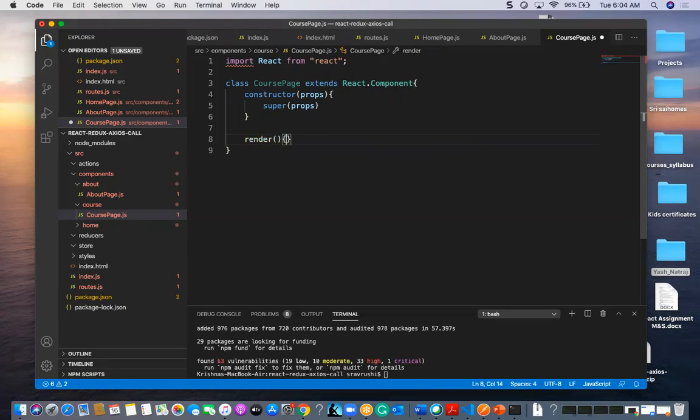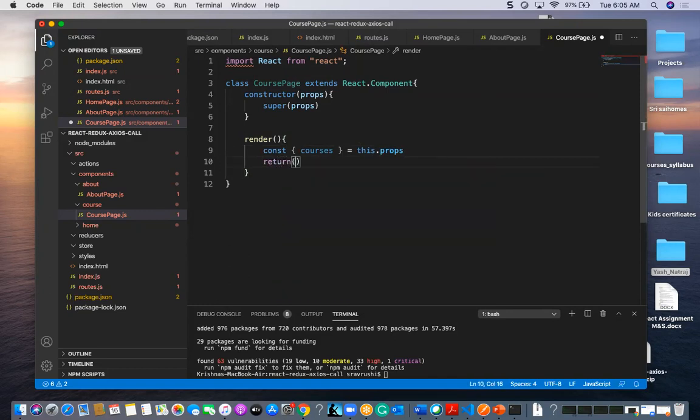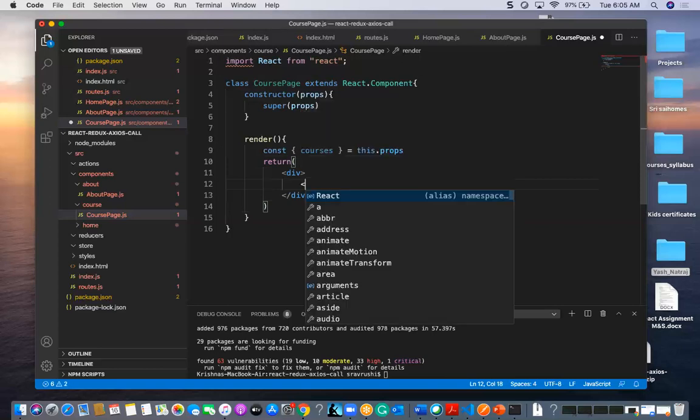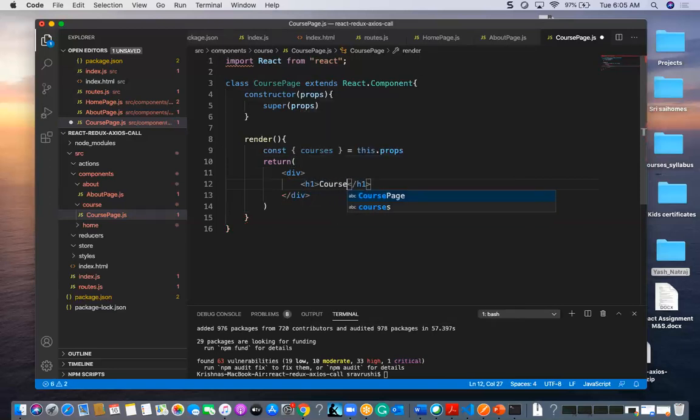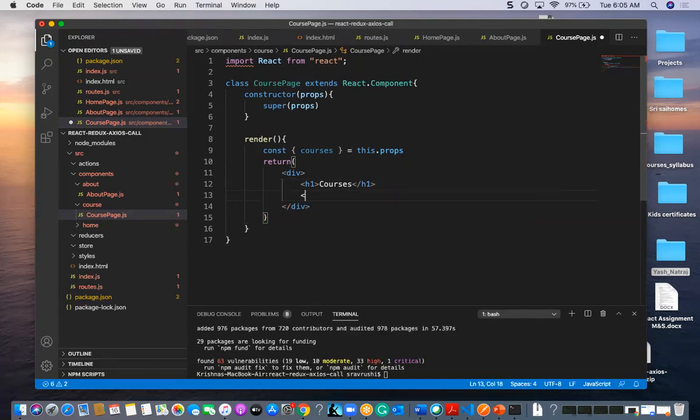I'm going to use here a constant, and whatever properties I am getting, I am going to destructure this one, props, and finally I am going to return, and here I am taking some div, and h1 like courses, and I'm going to create one more, that is like courses list,